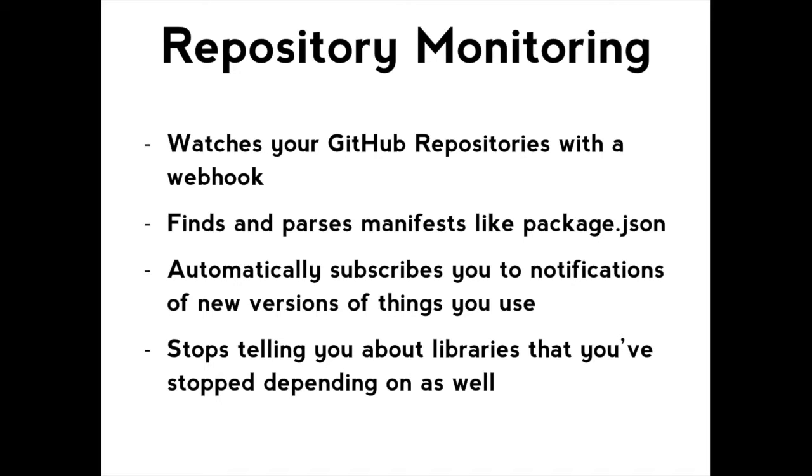So if you've added a new NPM module as a dependency, to be able to go, we've just noticed that there's a security vulnerability in something that depends on, you should probably either update it or remove it or patch it. And if you removed it or you fixed it, then it would stop telling you about that security notification because it's getting notified every time you push to your Git repos.